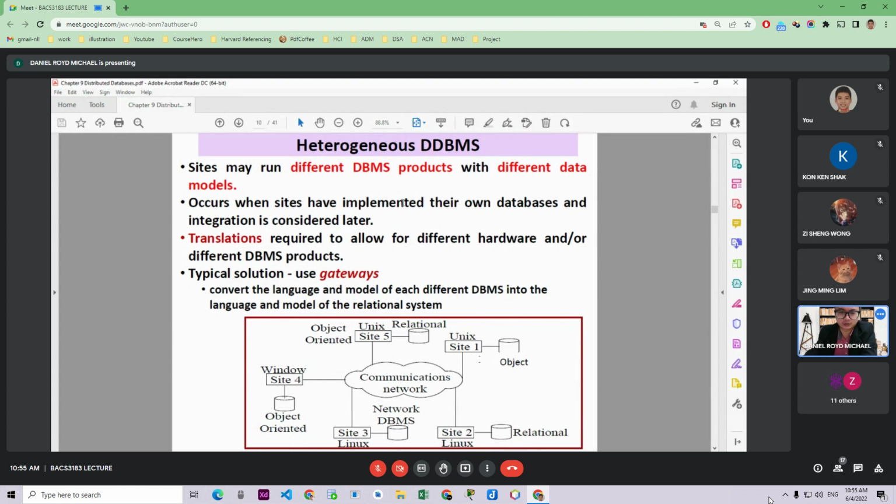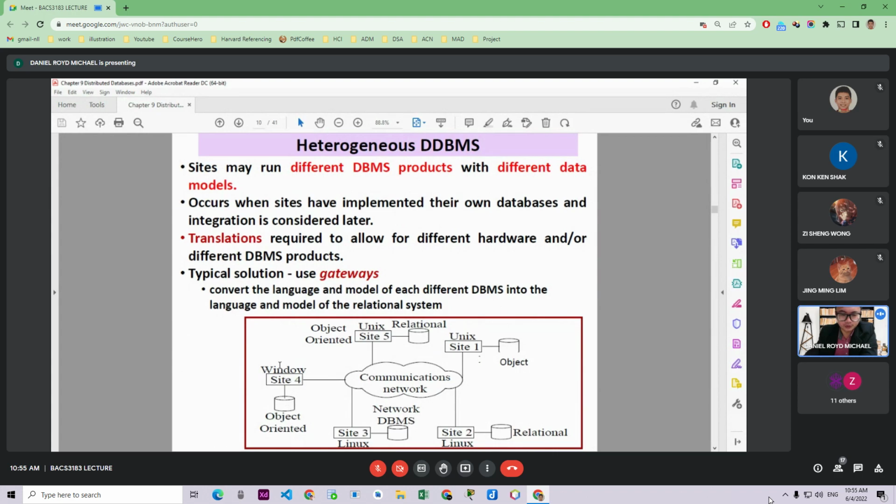Say you're on an iPhone and you think, I don't want to use Windows products like Microsoft Access anymore, I want to change this. But what happens to the other site? Maybe the other site is okay with Microsoft Access, no problem at all. And you have to know also